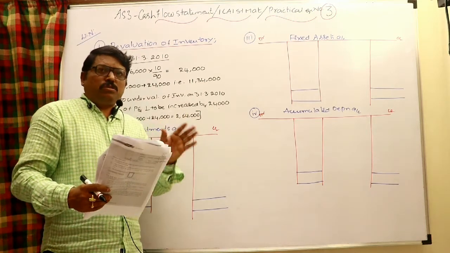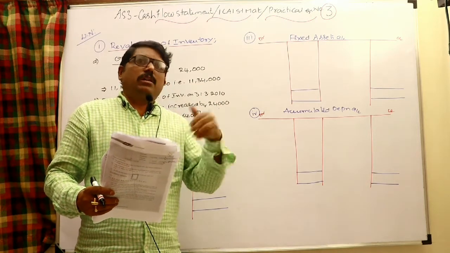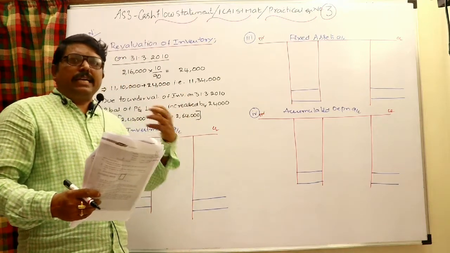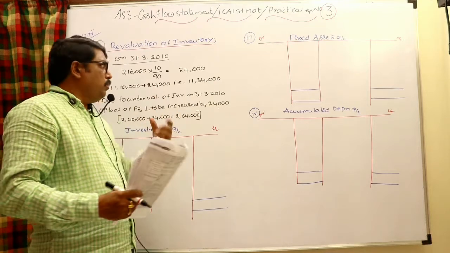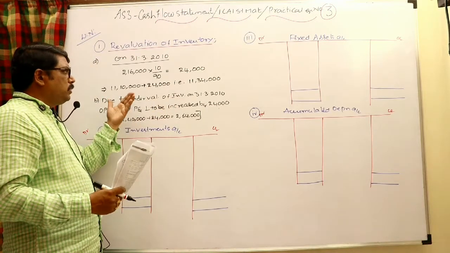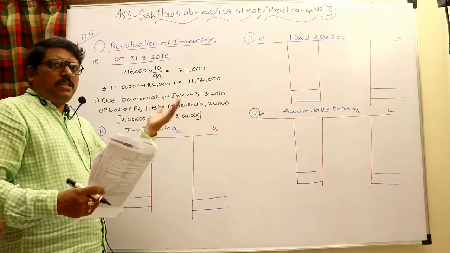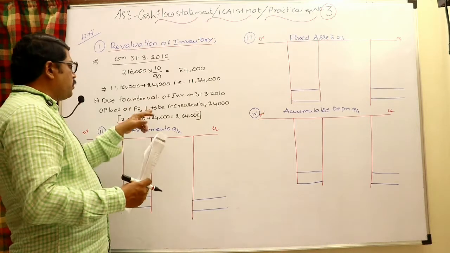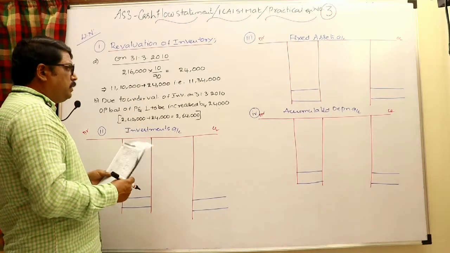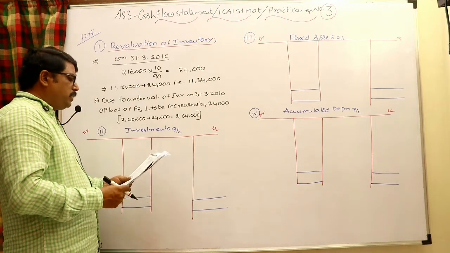On 31st March 2010, the stock was actually valued 10% lower than the cost. So now they would like to value it at cost price. Whenever it is valued at 90%, if 90 is this much, how much is 10? We get the 10%. The 24,000 is undervalued, so bring it back. Therefore opening current assets to be increased by 24,000. Obviously, for this year it is opening, for last year it will be closing. Whenever stock is increased by 24,000, obviously the profit of last year, the opening profit, also should be increased by 24,000. Therefore it would be 2,64,000.